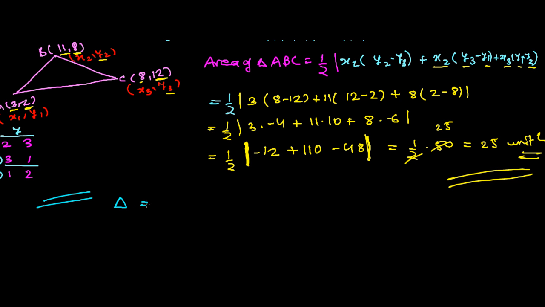Area of triangle, suppose delta represents the area of the triangle. Then write like this: x1 y1, x2 y2, and then x3 y3. This is all of it, right? And again, repeat the first part one more time here. All right, x1 y1, and after that we have a formula.